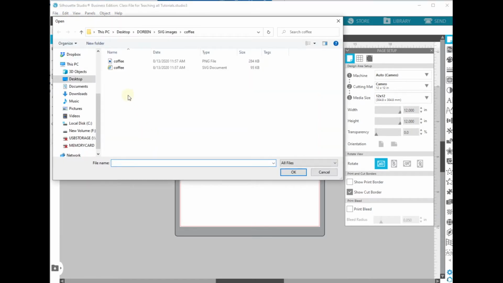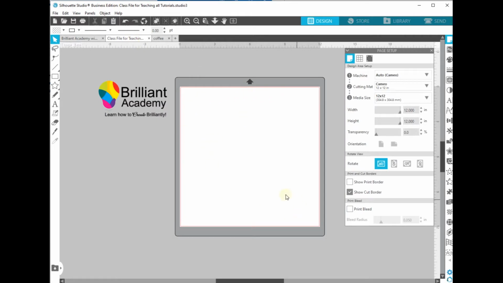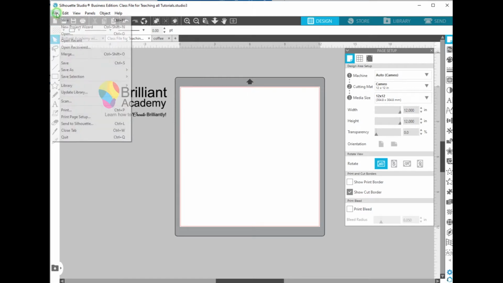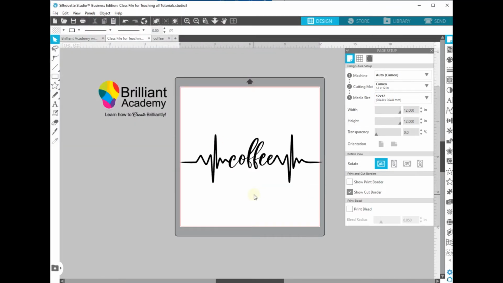If you click the word Open, I've got this coffee logo I downloaded from the internet. If I hit OK, it's going to open it into a new window. You notice my window changed up here. I'm no longer at my class file. If I go back, the screen is empty. If you want the file you're opening to come into the same screen you're working on, you will need to select Merge. So if I click on Merge, then click on the coffee icon, then it pops into the same